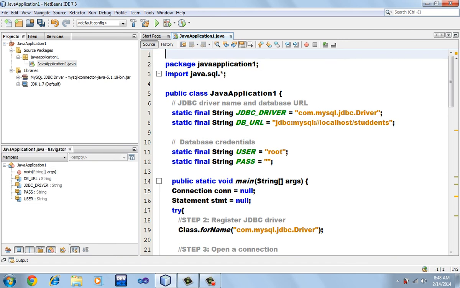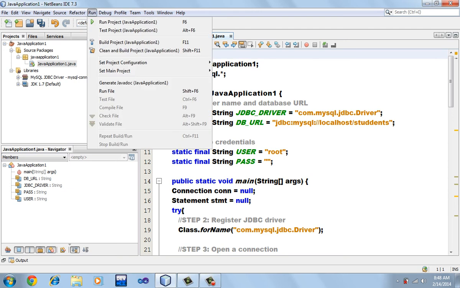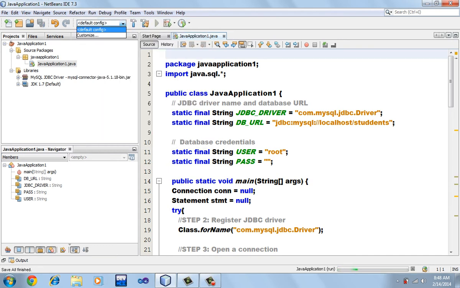Should I execute it? Here we go to Run, or alternatively you can simply press F6. The processing is taking place.